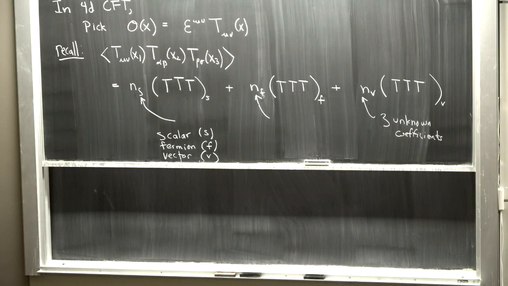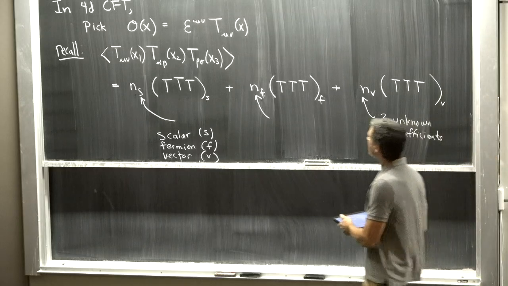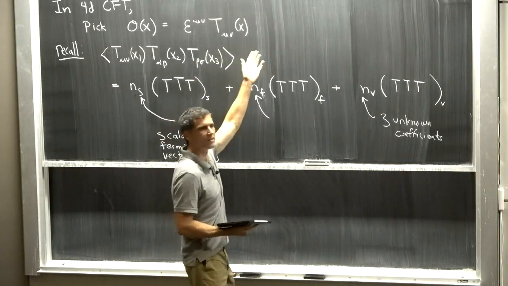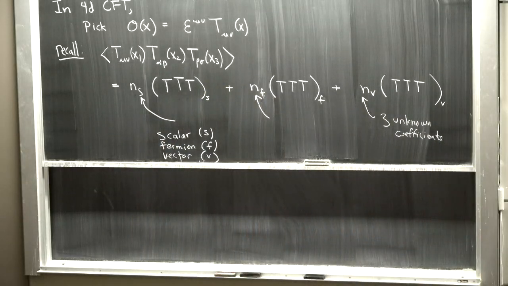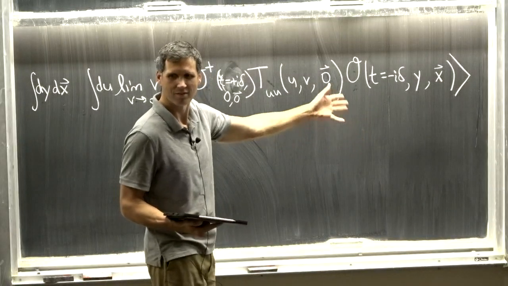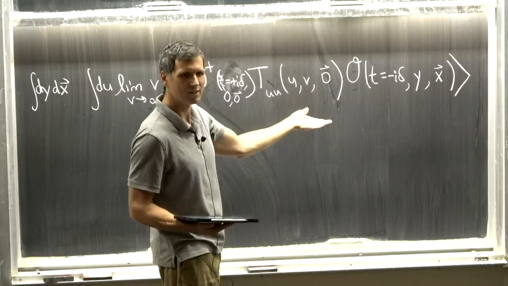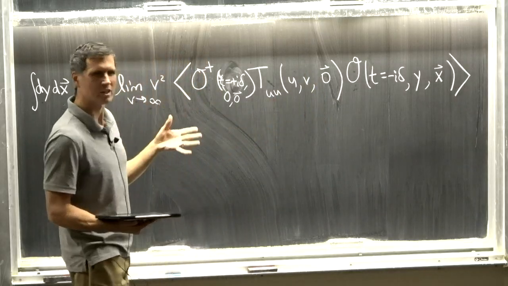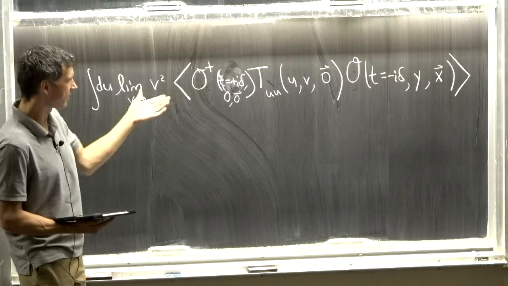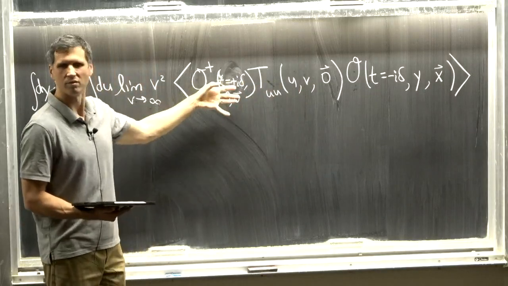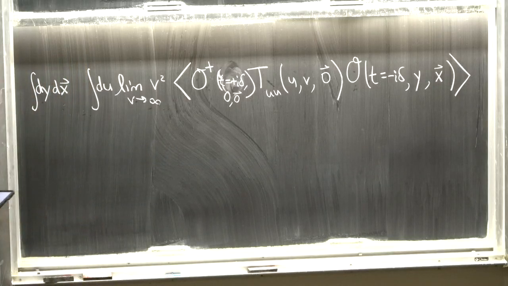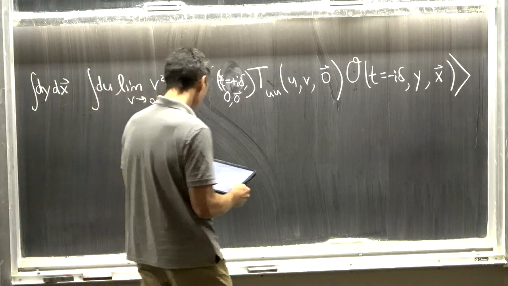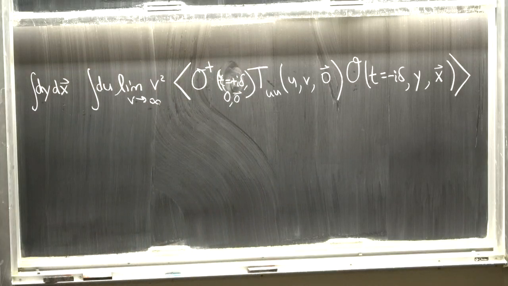So now, at this point, we take this O of x, we take this tensor structure, these 3 stress tensors, we plug it into this integral here. So there's some rather somewhat difficult integral that you have to do. I'm not going to do the integral. Actually, I kind of did the hard steps for you already. We kind of simplified things. You can do the rest using residues and some integral identities. But if you take that general CFT structure and you plug it in to the energy bound, plug in and integrate.